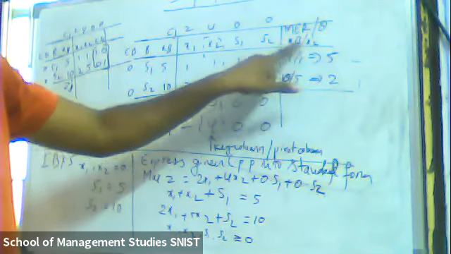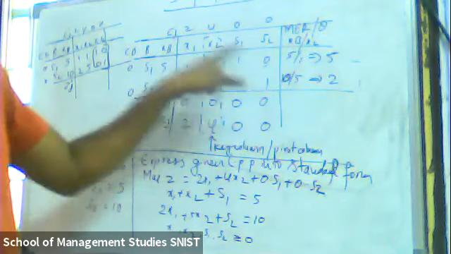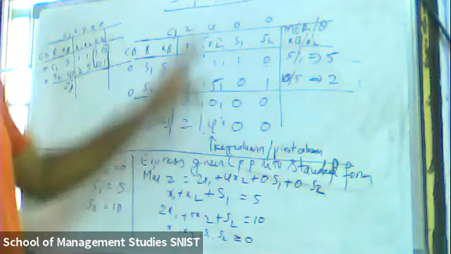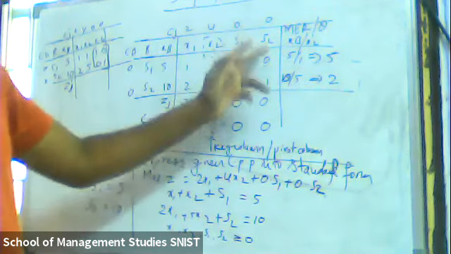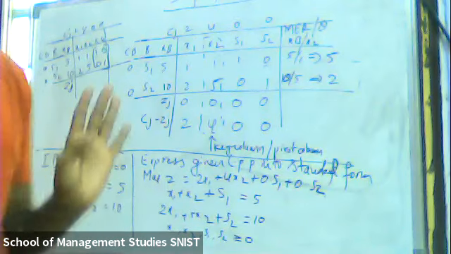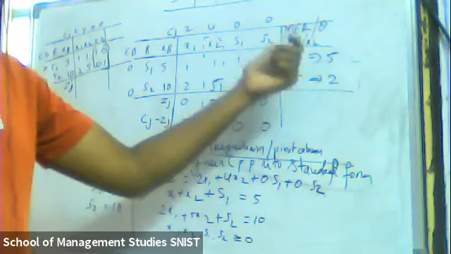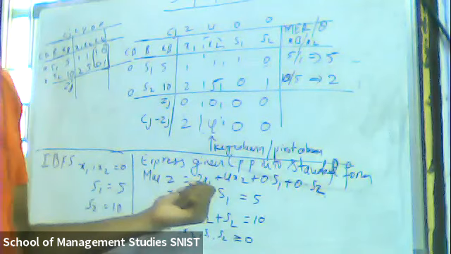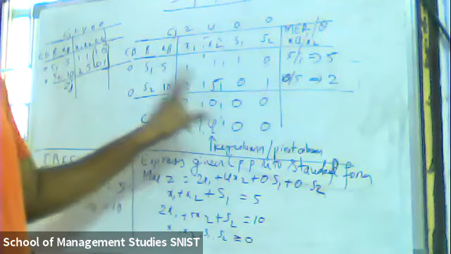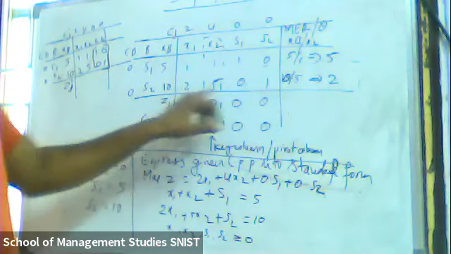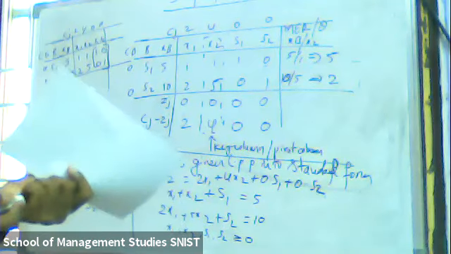Okay. So why did we write X2 here? Because we got the key column. Suppose you got X1 as the key column, then XB divided by X1. Suppose you got key column S1, XB divided by S1. Suppose you got key column S2, XB divided by S2. That's it. So to find the minimum exchange ratio, XB divided by the key column. What is that key column? Which is X2, XB divided by X2. So 5 divided by 1, 5, 10 divided by 5, 2, right? Next, any doubts as of now?